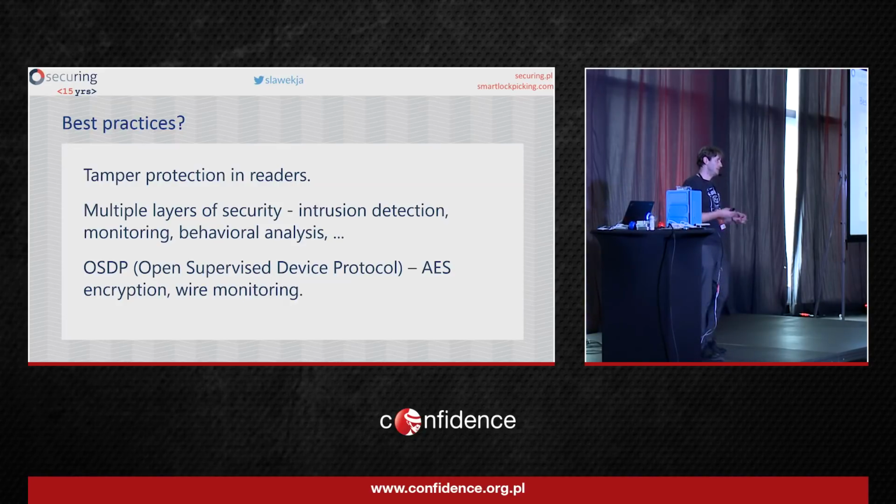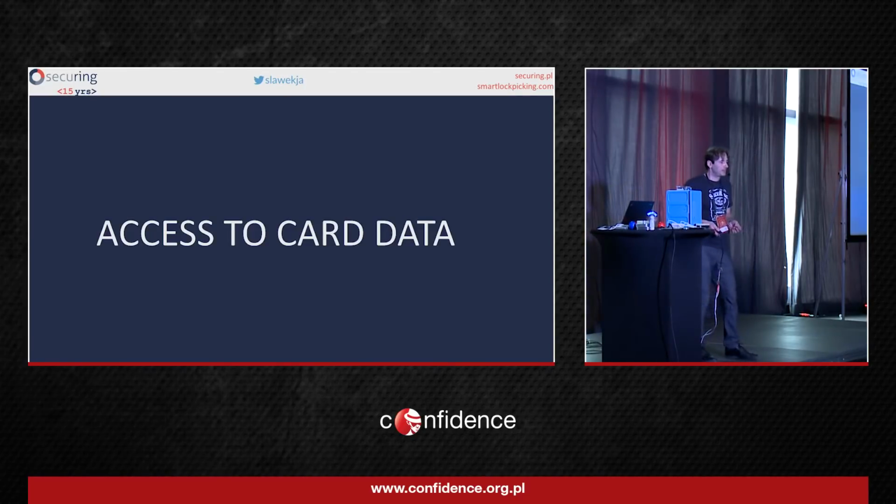unfortunately, in many cases, they are not connected. And of course, multiple layers of security, breach detection, and so on. There is OSDP that encrypts this connection, but it's not very common. So